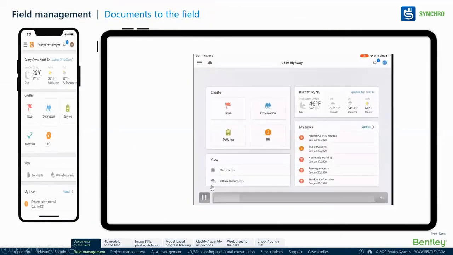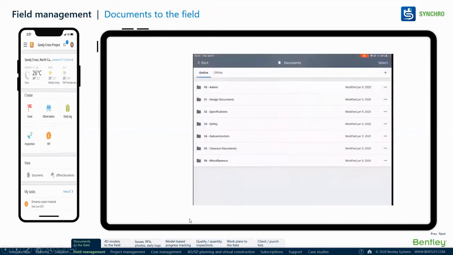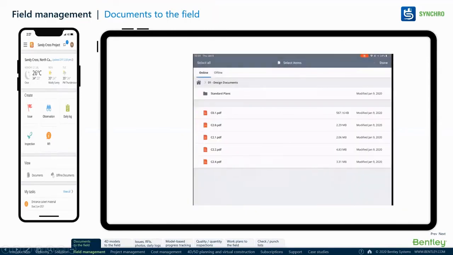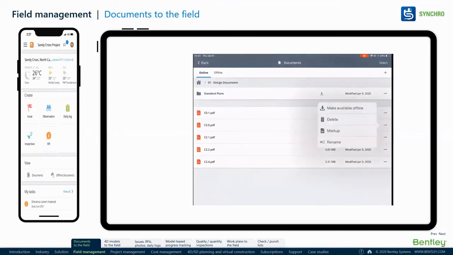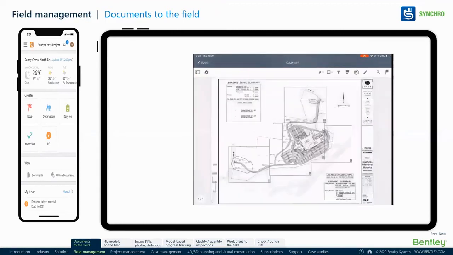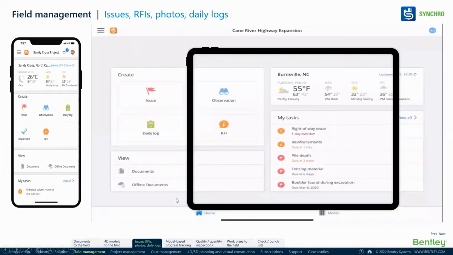You can take the documents to the field. As you can see, all the documents are there. If I want to assign something to someone in the field, it can be accessed from the field. It can also be used offline. This is a PDF document. Sometimes at a site there will be no internet connection. You could download it and work on the site, and whenever you are online, it will be automatically uploaded. So the PDF and all those reviews can be uploaded when the internet is there.